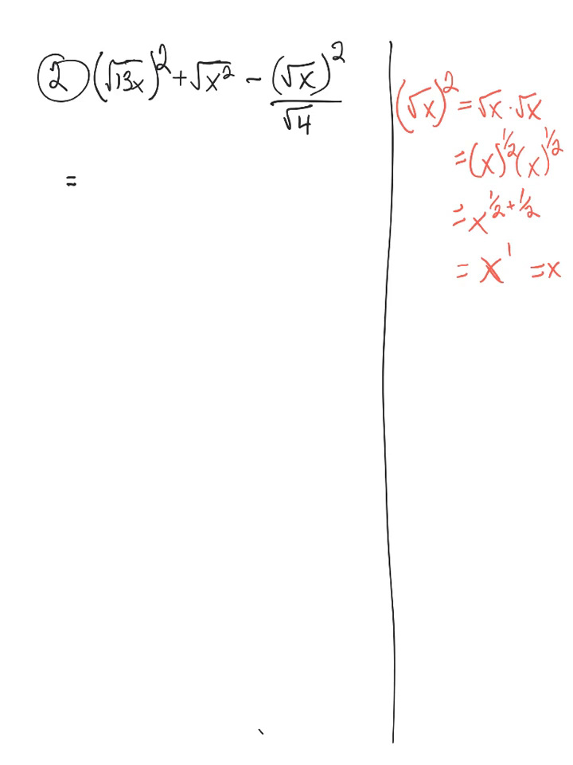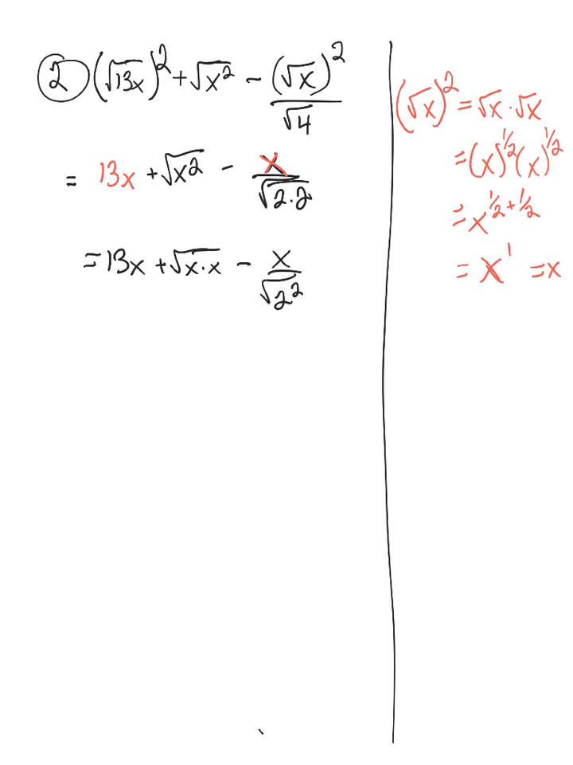Using that, the square root of 13x squared will just be 13x. Now a plus our x squared minus, and now the square root of x, which we just showed, will continue to be normal x, or single x, over the square root of 4, which is the square root of 2 times 2, which equals 13x plus root of x times x minus x over root of 2 squared, and see that 2